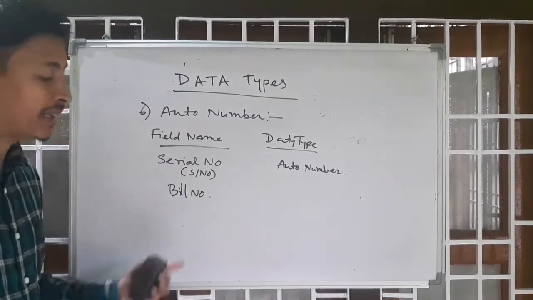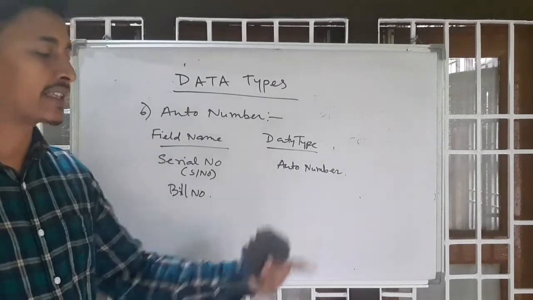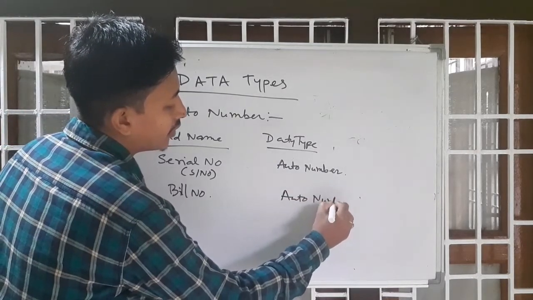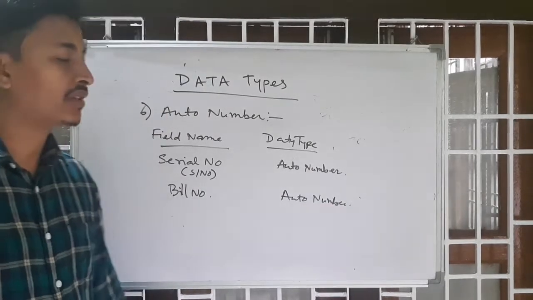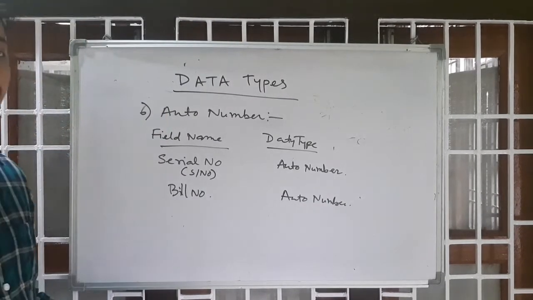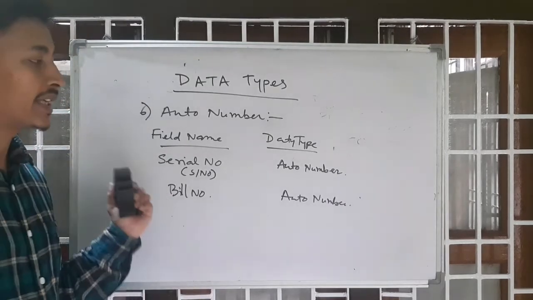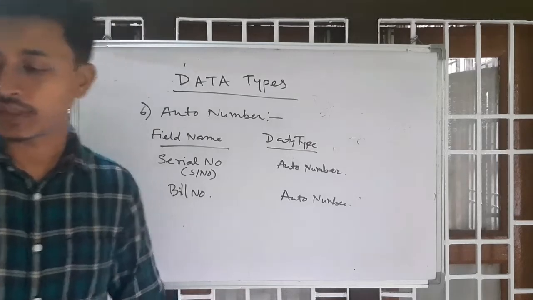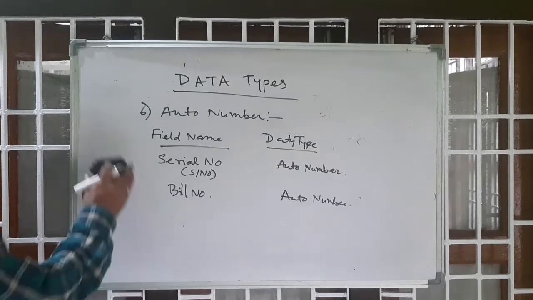In any shop, the bill number should be unique. When bill number 1 is completed, the next bill number comes automatically. That's why in a bill number field, they use an auto number field. An auto number field is used for the number to come automatically: when one row ends, the field for the next row comes automatically. Okay, understand? So this is the number 6 data type in MS Excel.